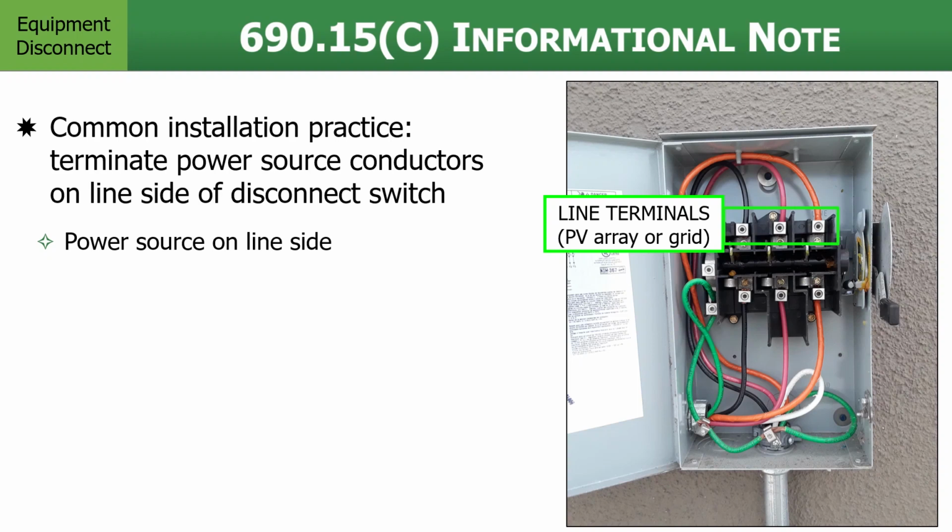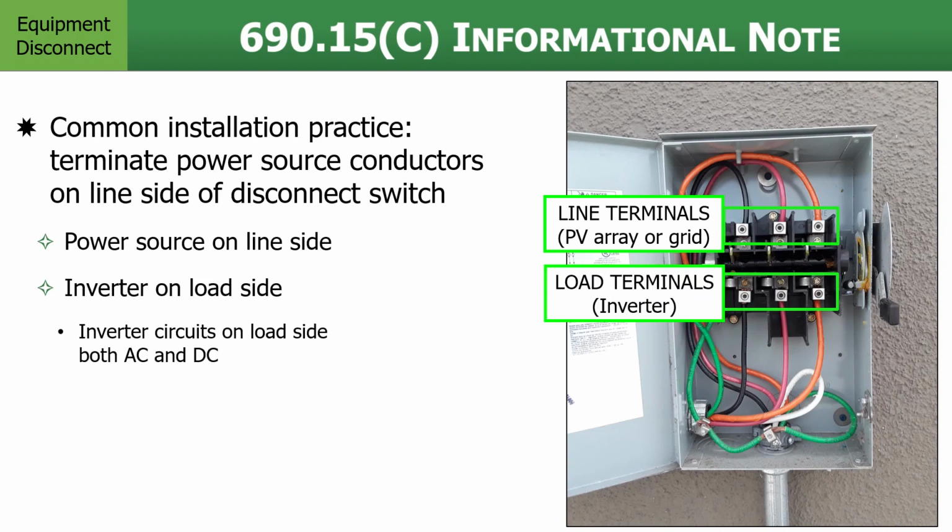So the inverter side will go on the load terminals, and the grid connection will go on the line terminals at the top, because that grid connection will remain energized when we shut that disconnect off. Now on the DC side, it remains the same. When we shut that DC disconnect off, there is no energy coming from the inverter once the capacitors dissipate, but